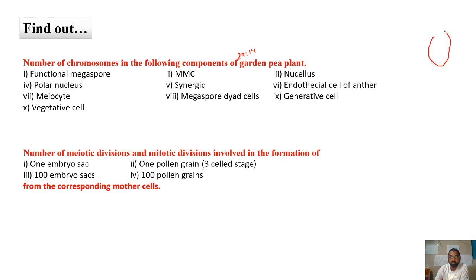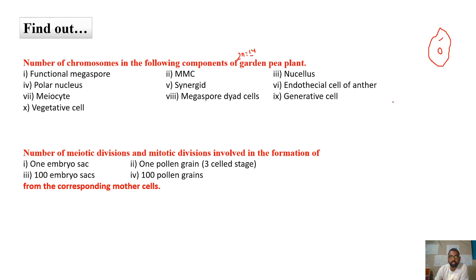See, in one ovule, except the embryo sac, inside the embryo sac you can find a total of 8 nuclei. So except the nuclei or cells present inside this embryo sac, all the cells in the ovule will be diploid only. So the nucellus is a part of this. Therefore, it is again diploid. So the chromosome number is 14.